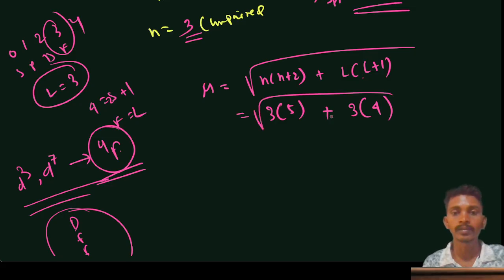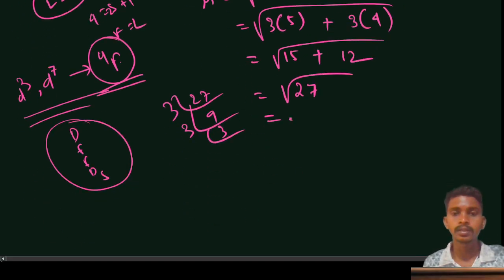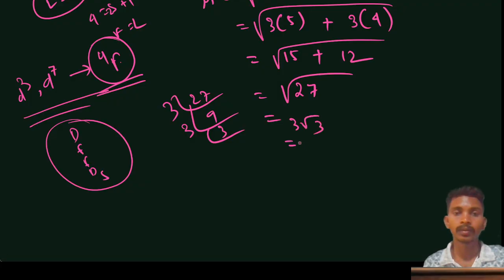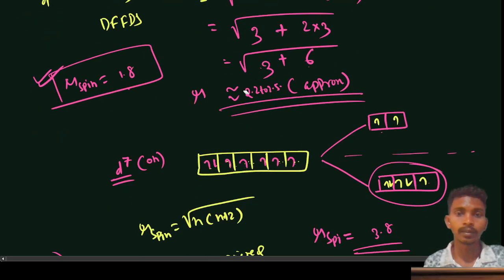So 3 into 5 is 15, plus 3 into 4 is 12, so that is 27. The root of 27 is going to be nearly